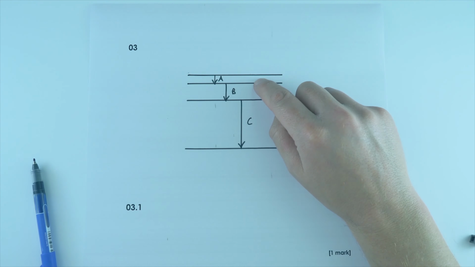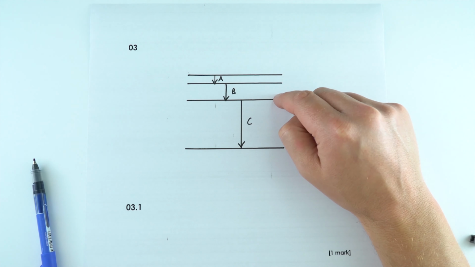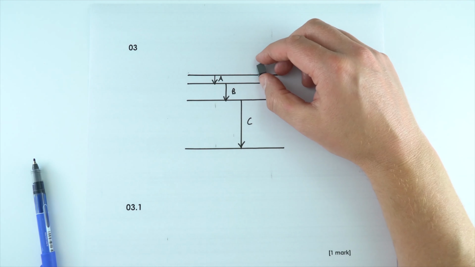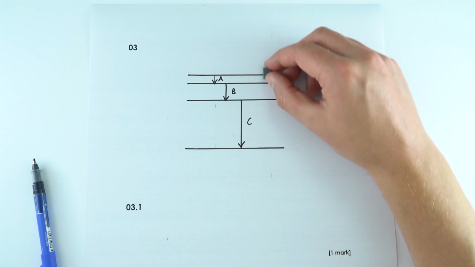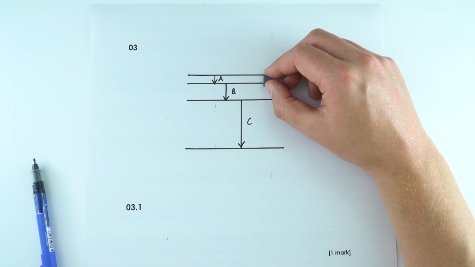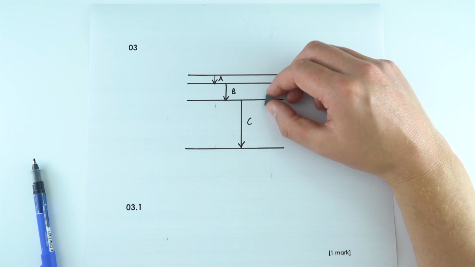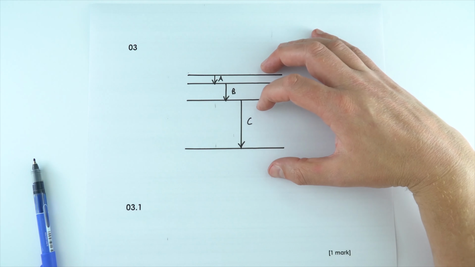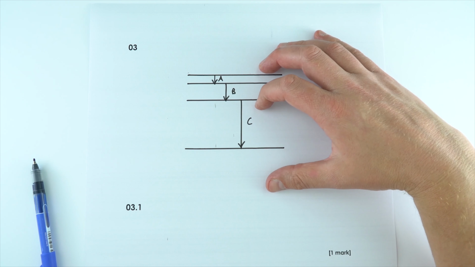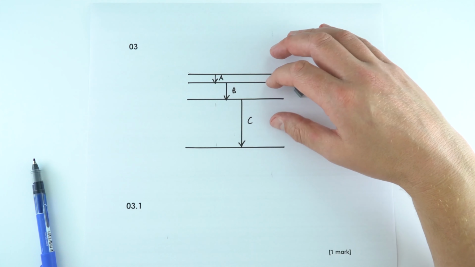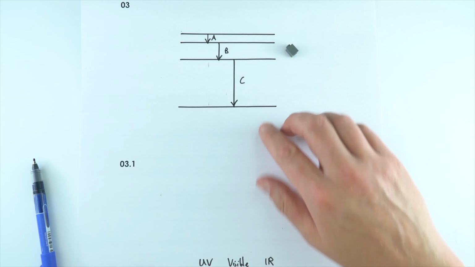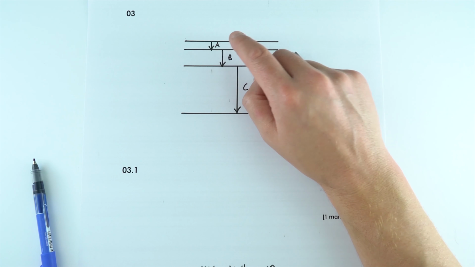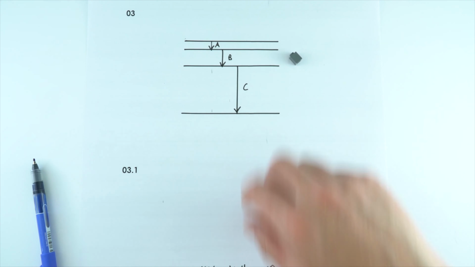Question 3 starts by looking at some energy levels for a hydrogen atom, and what we have are transitions. This is when the atom is de-exciting. So maybe we've had an electron which has been excited, and then as it drops down energy levels, it then emits photons that correspond to the energy gaps which are on the diagram in the exam paper. So the first question looks at the transitions shown here, and it just wants you to match which of these are either ultraviolet, visible or infrared photons.